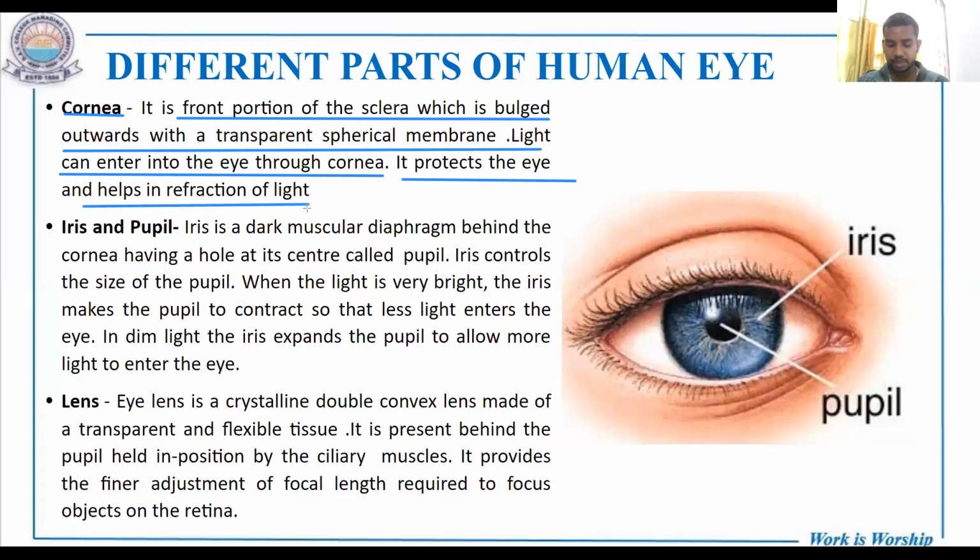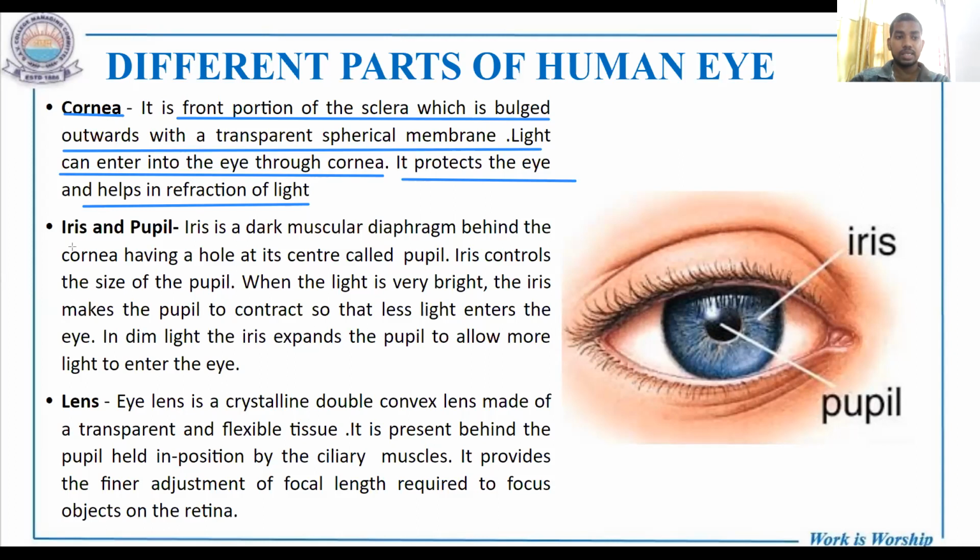So many times this question has been asked, and don't be confused between the pupil, eye lens and the cornea. It is the cornea where all the light is incident, and after all the light passes through the cornea, it will be gathered near the pupil, and some part of the light will be allowed through the pupil, and then only it will fall on the lens. So hope you are clear about this, that the cornea is the part where the maximum refraction of light occurs.